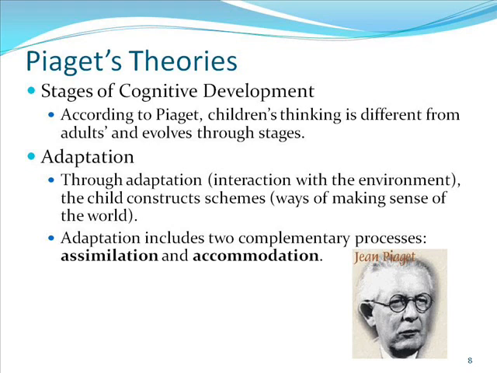Through assimilation, the child interprets the world in terms of his schemes. Seeing a small black cat, the child calls it kitty, and assimilates this in his or her kitty scheme. Seeing a skunk for the first time, the child might relate it to his or her kitty scheme and call it kitty. Later, realizing that there is something different about this creature, he or she may accommodate this kitty scheme and exclude the skunk. Thus, the child has refined his kitty scheme. To Piaget, direct experience rather than language was the key determiner of cognitive development.